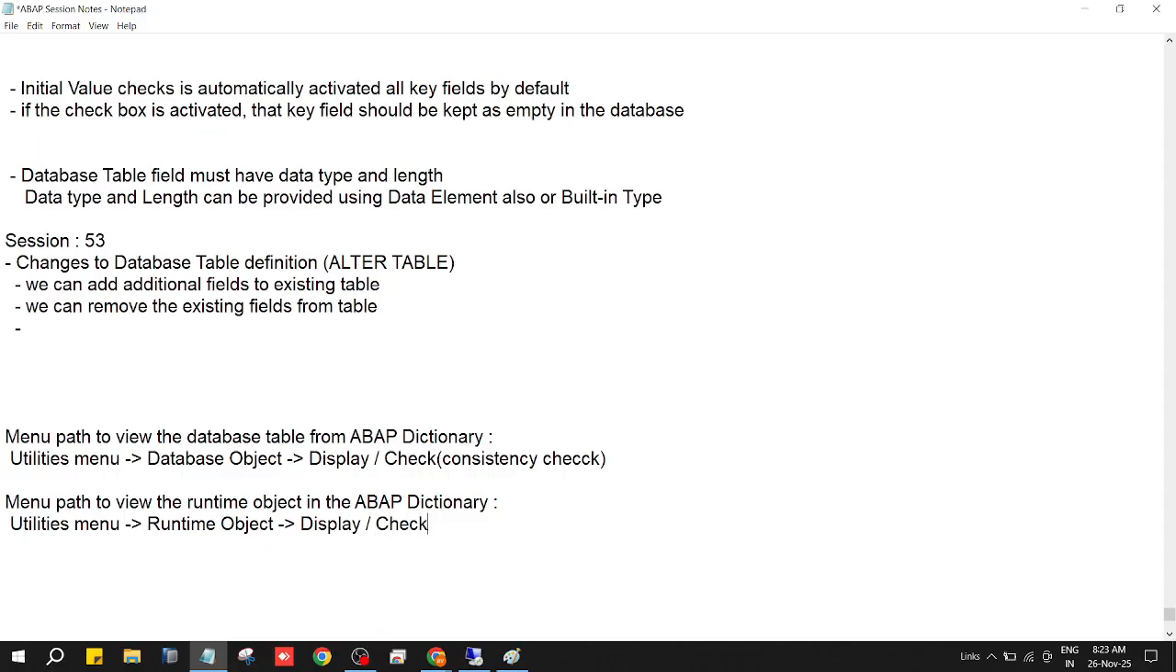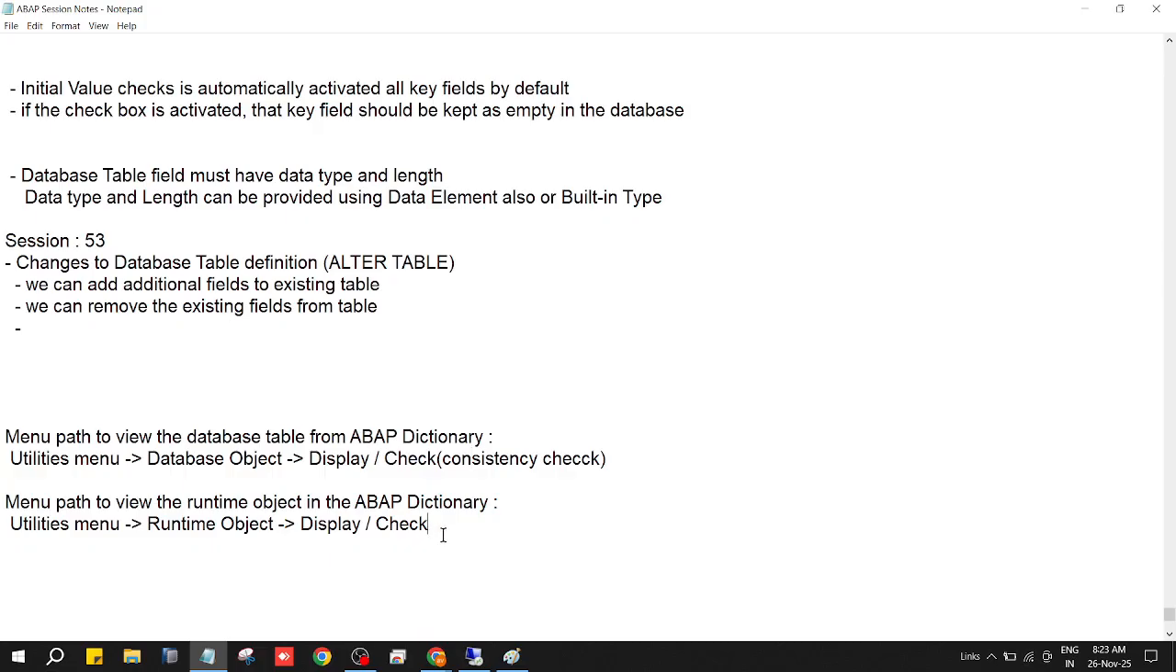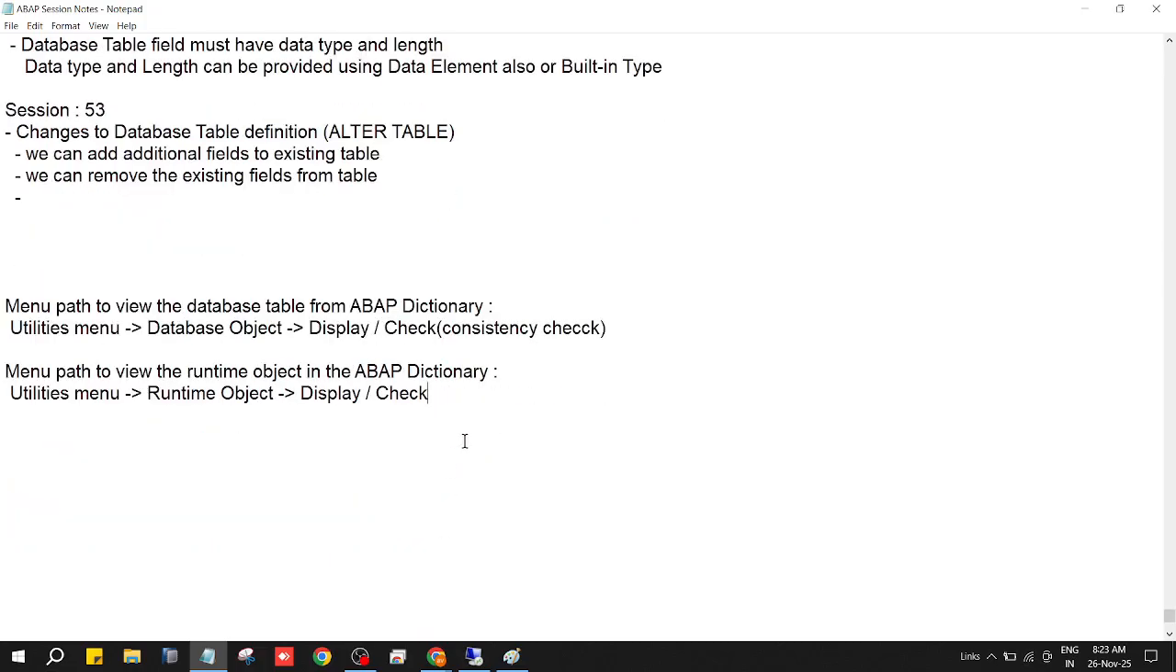These are all also required going forward. Yes, complete in-depth, yes, because all changes will affect both the database object and the runtime object immediately. Yes, okay. Upon activation,